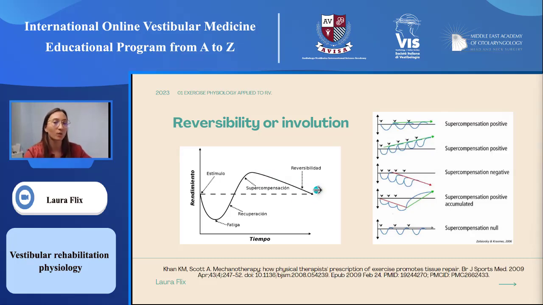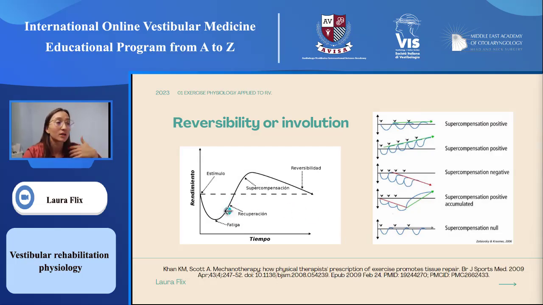But the thing is that when we do several series of exercises during the days, we are trying to keep the supercompensation positive for a long time, where this reversibility doesn't appear. We are going to have different supercompensations over a long time, finally improving the performance along the days. It can be done even better if the timings are perfectly done, but if we do it wrong, if we start doing the different sessions too fast on consecutive days, we will have a reduction in the performance,